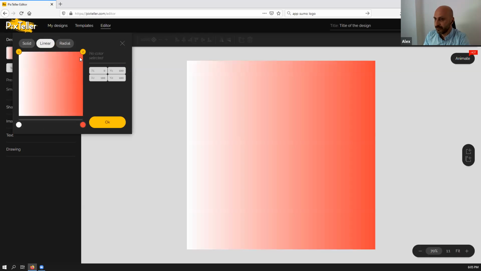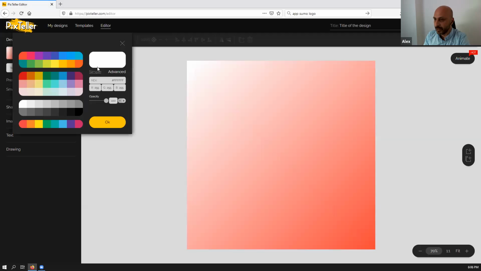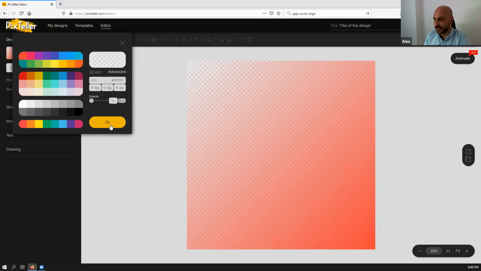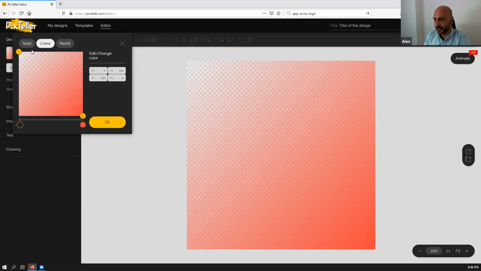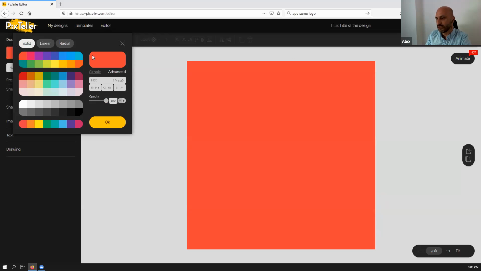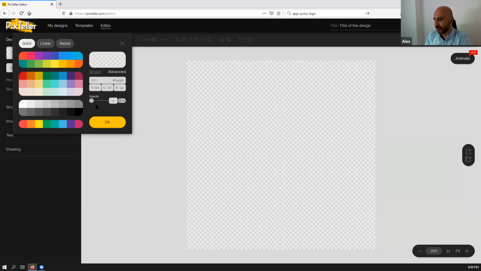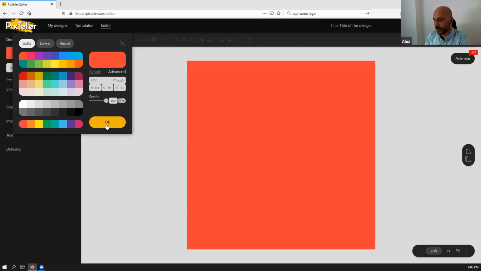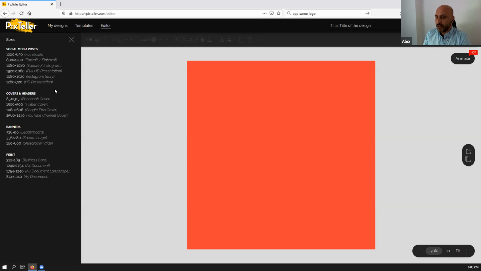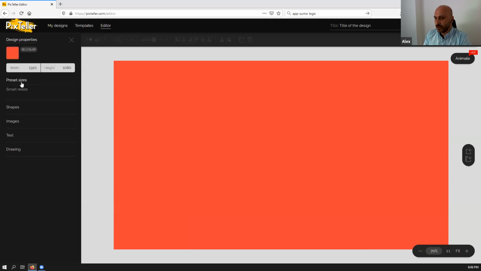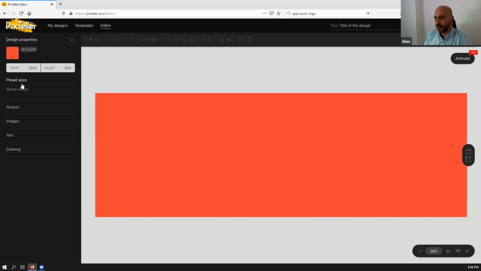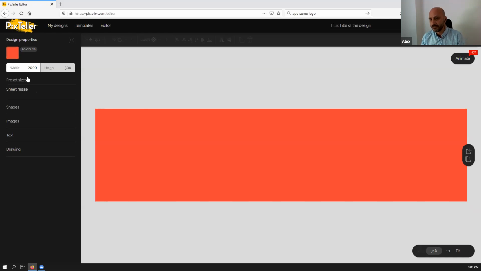Also, you can have a linear background. Also, you can have a linear background with transparency, if you see here. For example, if you want to make a transparent background, you can set opacity to 0. You can always choose any size you want. You have some preset sizes, or you can put the dimensions here,